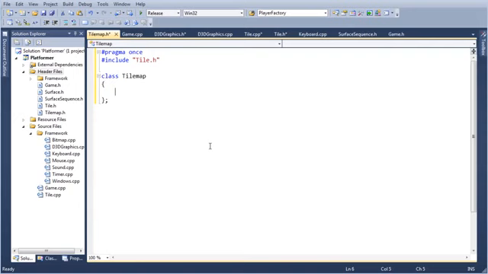So here's the whole tile map, the class for that object. Now we're going to want to go private. So we want an array of pointers to tile objects, I guess. Yeah, that seems right to me.